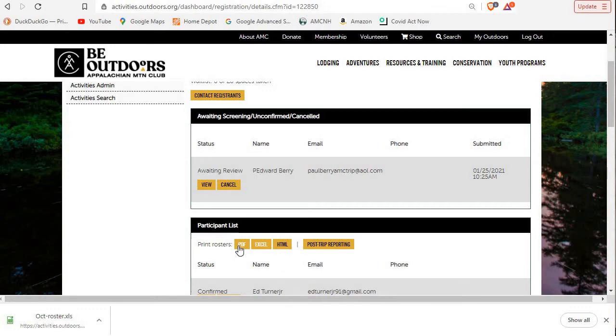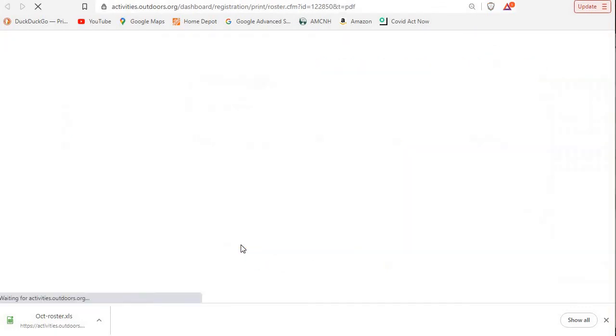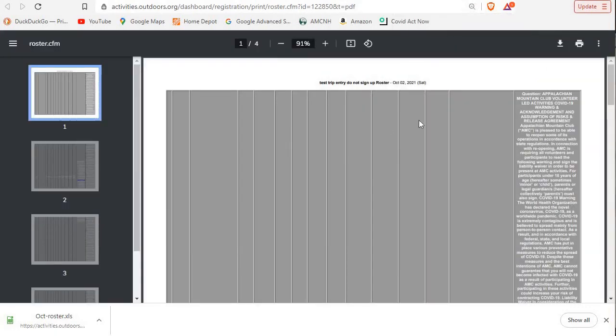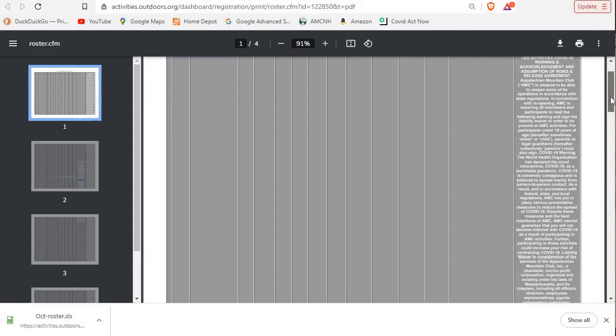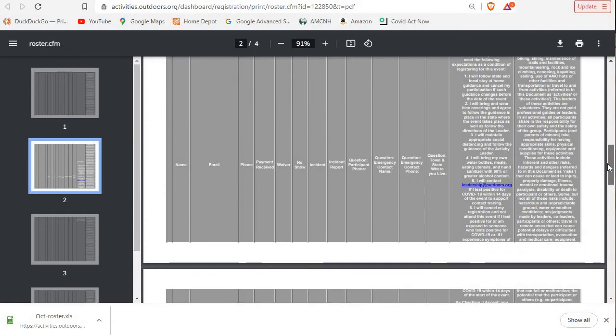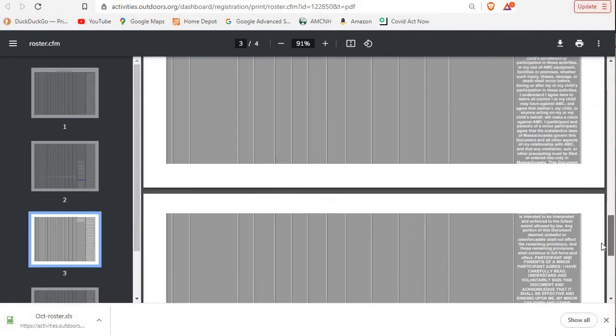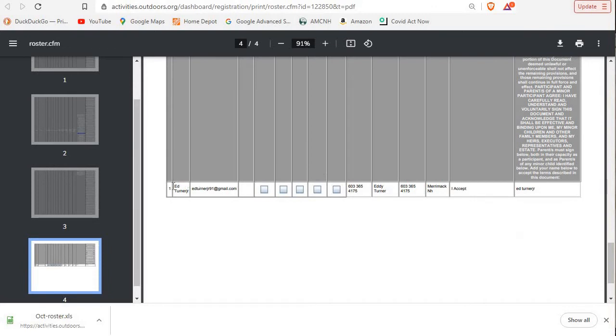I could also have looked at it through a PDF format, and you'll see here, and this is one of the reasons why I don't tend to show it in PDF, even in Excel they want to show all the information that people have agreed to. So there's page after page of this information, and then finally down at the bottom you get the name of all, in this case one person who has actually signed up for the trip, and it does give their contact information, which is important for you to bring with you in case something happened and you needed to